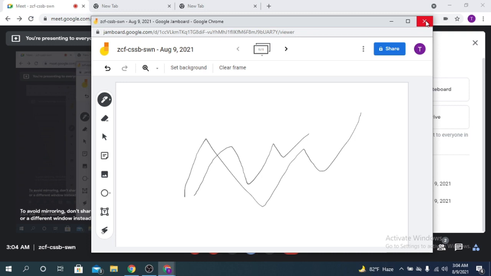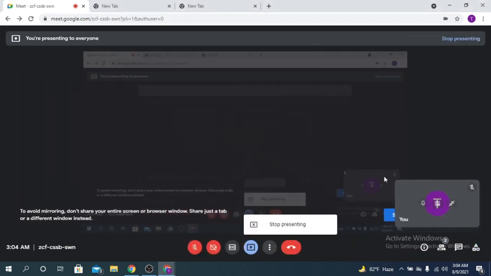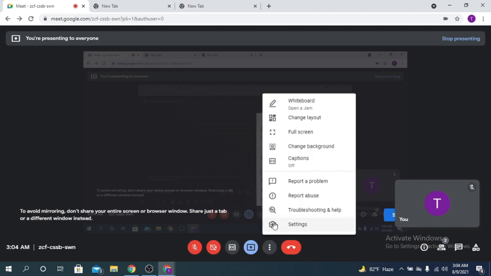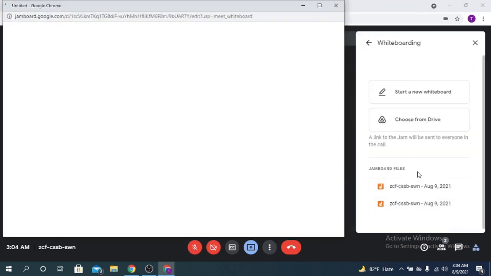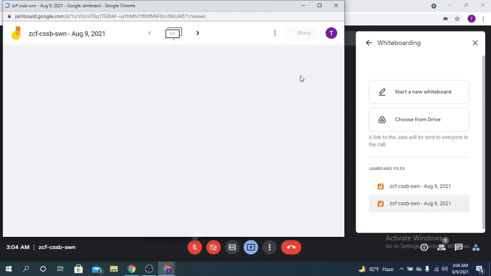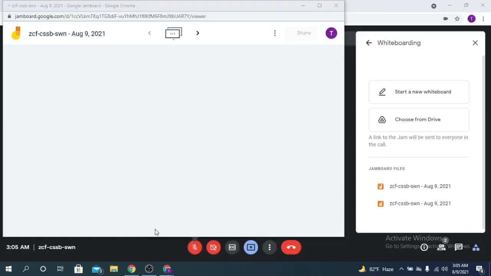In that case, you have to tap the option and choose. And here are all the available boards you have used previously, like this one.